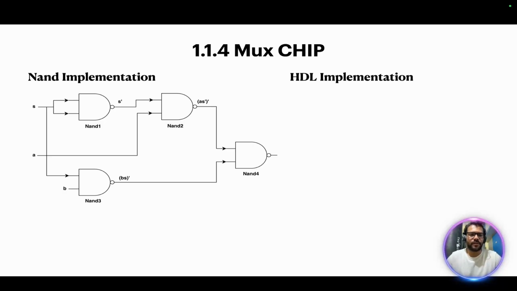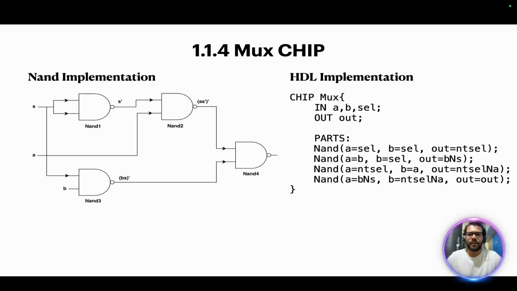HDL implementation. 4 NAND chips, A, B, and selector as input and output as output variable. A, B, sel as inputs, out as output. NAND number 1 takes selector as input to both the pins. Output is not sel, which is a temporary variable. NAND number 2 is